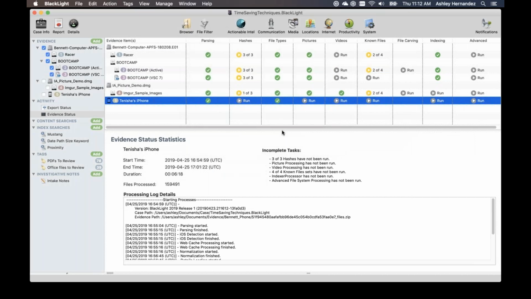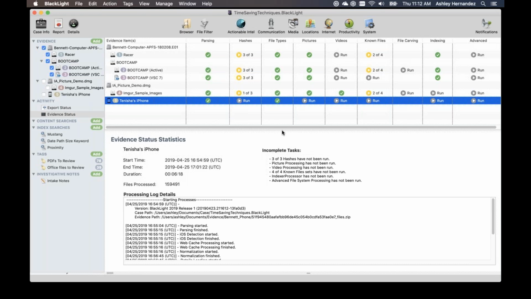Thank you. And the last question in this section: are there any options I can't run later? Pretty much all of the options you can run later. So you could choose to increment through any of these options. The one exception is some interesting behavior around APS and unallocated, because that's a special area of the drive. But in general, on most evidence types, any of these can be run later. So start with what you know is necessary and you know how to use. And then if there are longer processes, you can usually run those later once you've got a triage of the device that you're looking at.